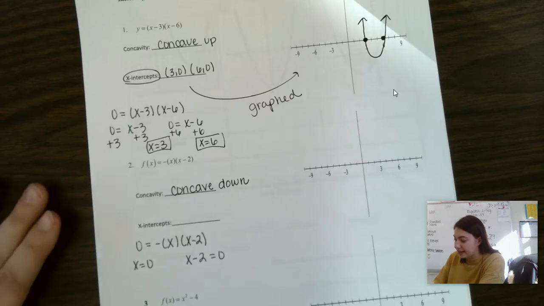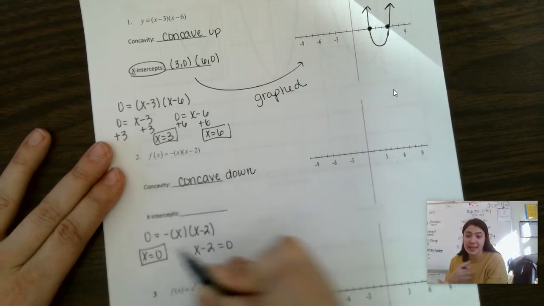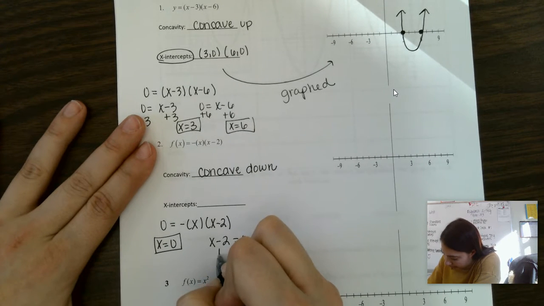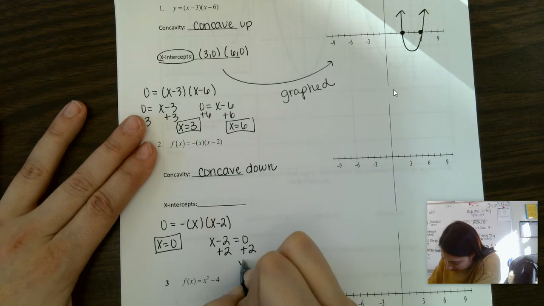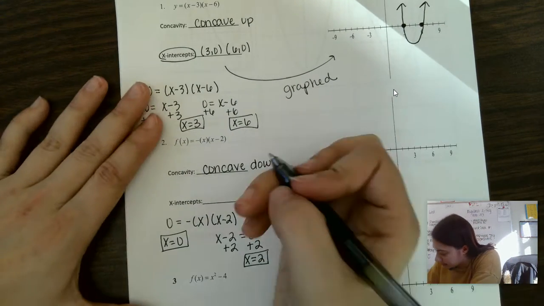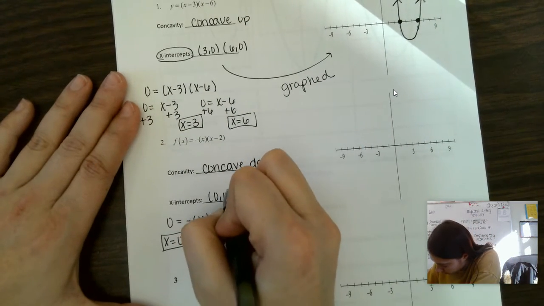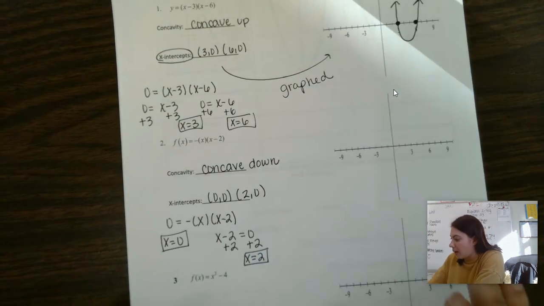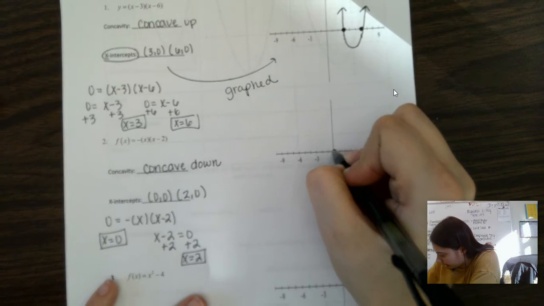So now x is equal to 0. We're done. That's already isolated. That's awesome. But with x minus 2, we can go ahead and add 2 to both sides, and we get that x is equal to positive 2. So now our two x-intercepts are (0, 0) and (2, 0). Once again, we can go ahead and plot those 2 points, one right here,